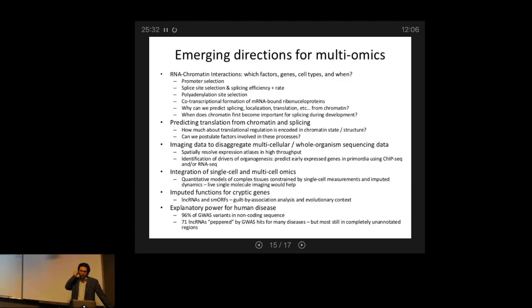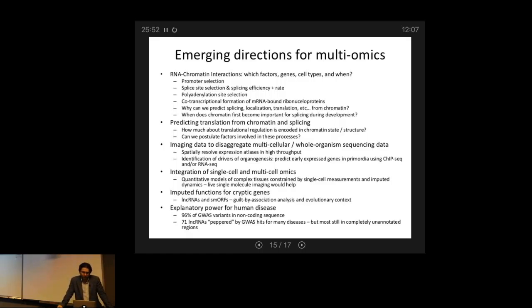So I think we could go after long non-coding RNA and short ORFs in a really serious way that might be really nicely complementary to efforts that will be going on in Phantom 6 and a few other consortia around the world. We can also really go after explanatory power for human disease, and that's integrated with the work in the Undiagnosed